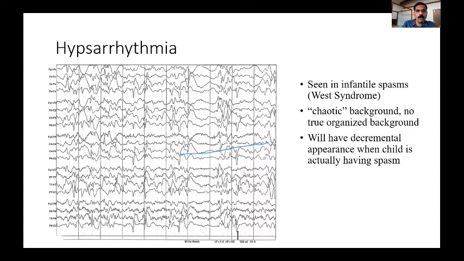During the record, when this child gets a spasm, you get this electrodecremental response, in which you get attenuation of the activity. When you see this pattern, it is typical for hypsarrhythmia. These are the patients who need ACTH or corticosteroids like prednisolone for treatment. They do not respond to other lines of management. And if there is underlying tuberous sclerosis, we go for vigabatrin.